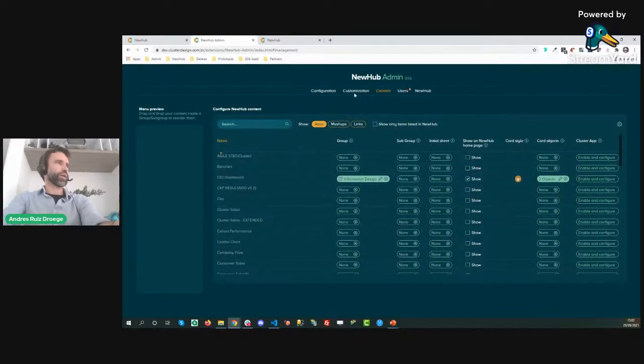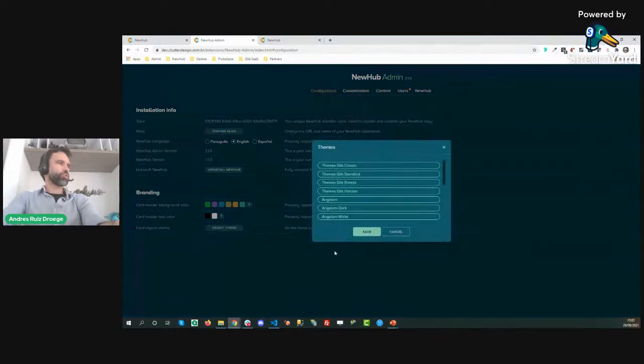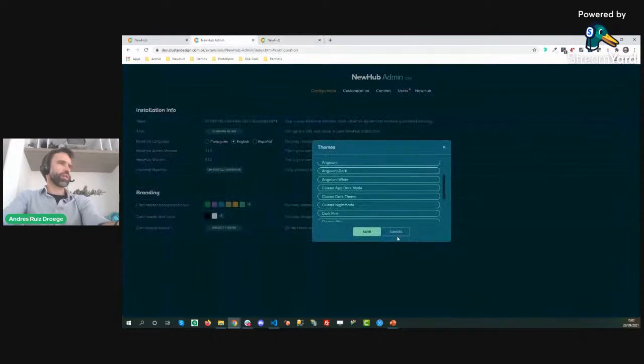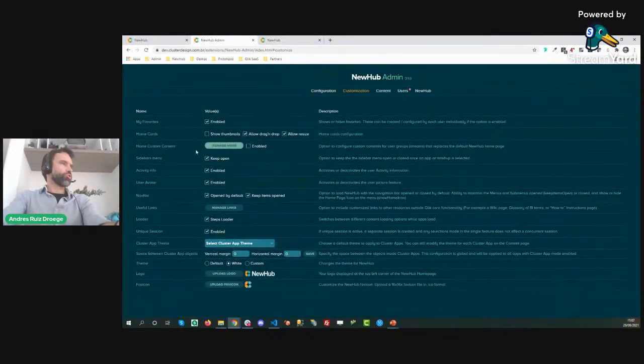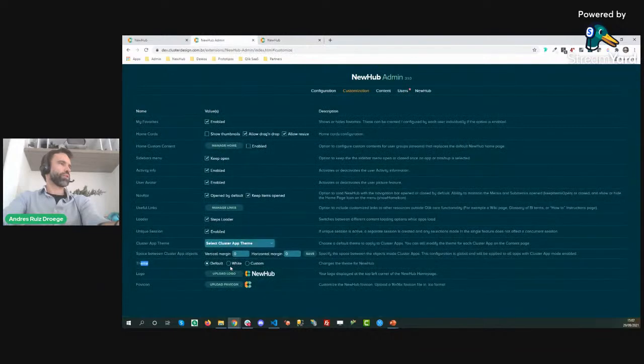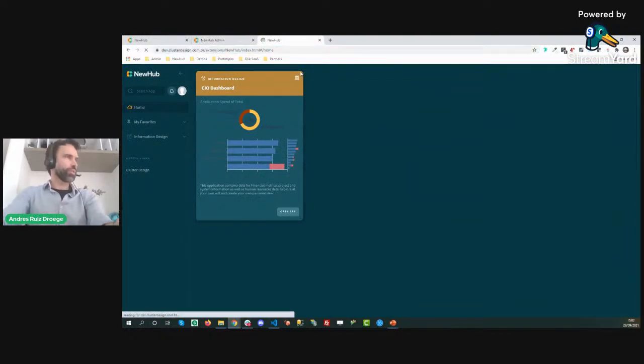It's either by customizing the actual QlikSense theme to a QlikSense CSS theme that fits well with the darker background, or another option would be to change the CSS theme for the actual NewHub itself, right? So I'm going to leave it as a white background now. I'll refresh,